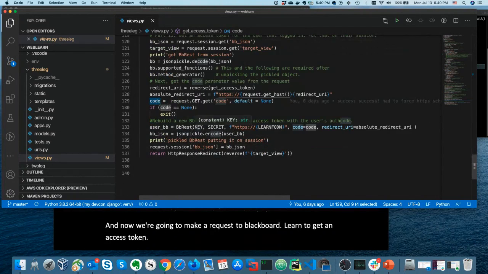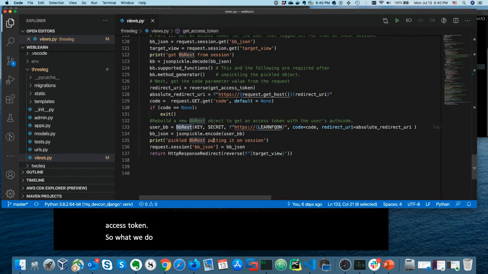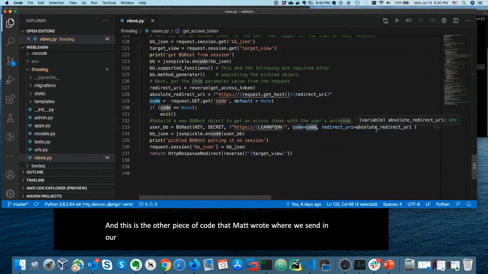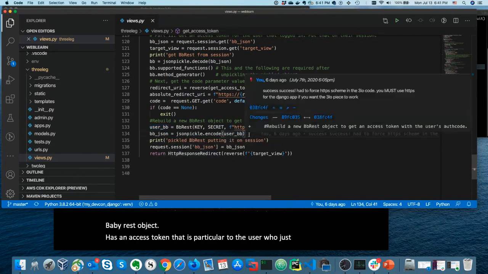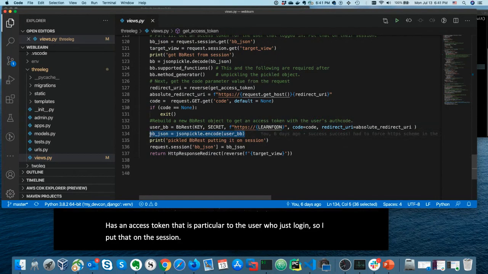The way we do that is we basically build a new BB REST object. And this is the other piece of code that Matt wrote, where we send in our code, a redirect URI, and the Learn fully qualified domain name. And so now I've got this BB REST object that has an access token particular to the user who just logged in. So I put that on the session. I pickle it and put it on the session. And